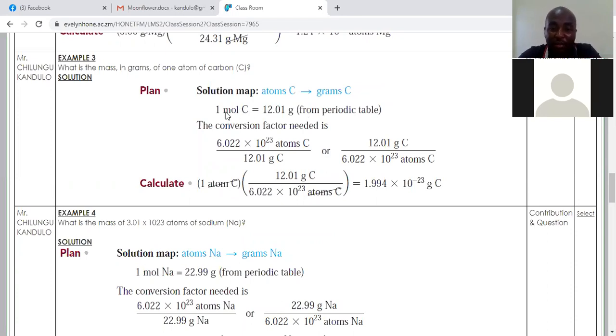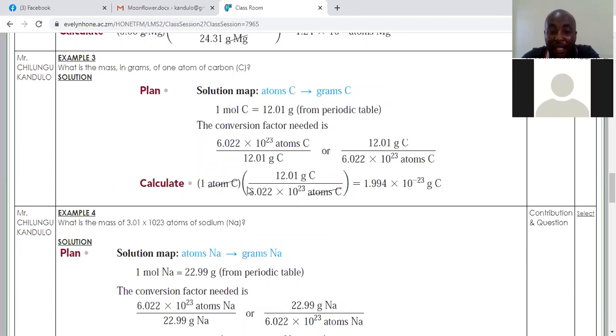So now, if we're saying 1 mole is this, then we're looking for an atom. So 1 atom, it means in that atom, molecule, ion, electrons. In short, you use the Avogadro's number. So 1 atom carbon, then you correspond the molar mass, because you're looking for mass. So you say 12.01 grams carbon over the Avogadro's number. Be careful, this and this cancel. So 1 times 12, which means you are just going to divide 12 by 6.02 times 10 to